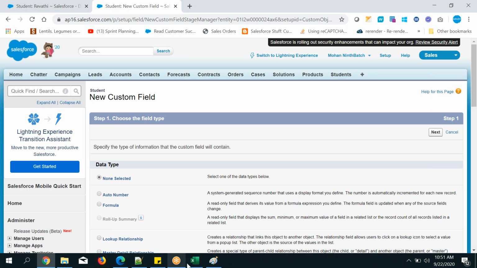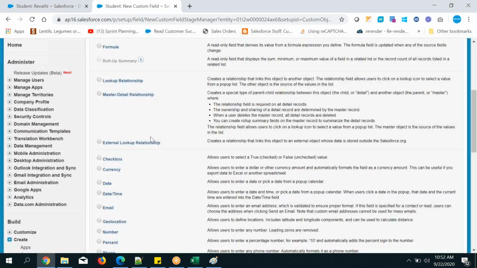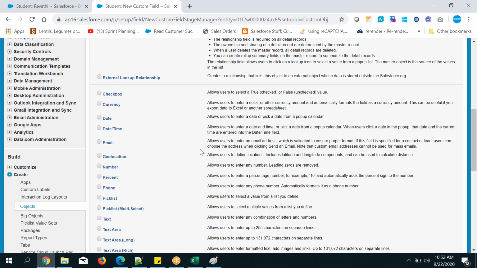But what is this one? Money related, right? For money related things, a separate data type is given by Salesforce. So don't think about integer or decimal. One more data type is given by Salesforce. If you see here, currency.